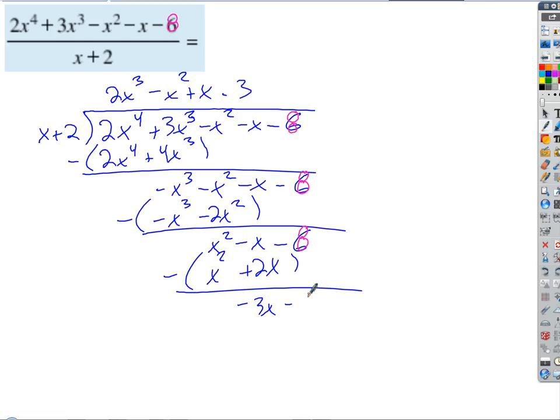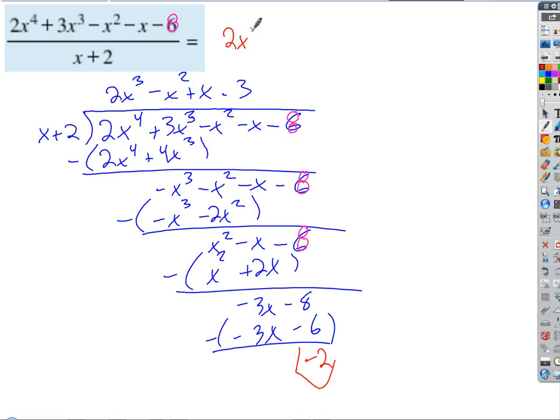Okay, so now x goes into negative 3x. Oh, we already did that, didn't we? Negative 3. Negative 3x minus 6. If I subtract, what do I end up with? Negative 2, right? Negative 8 plus 6 is negative 2. Everybody agree? Okay, so then our answer up here just looks like